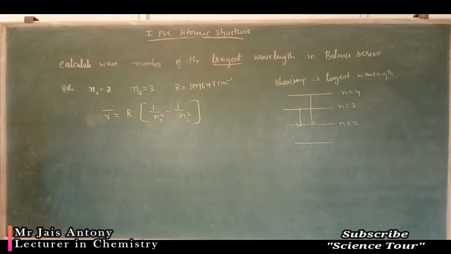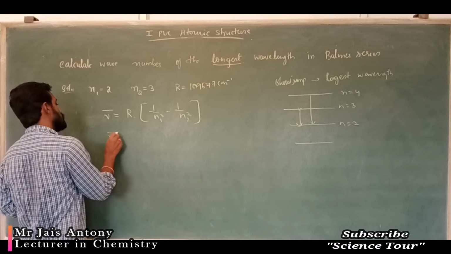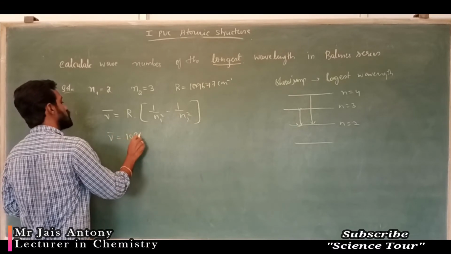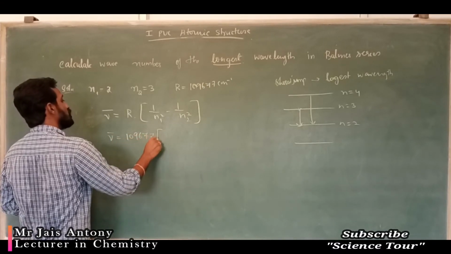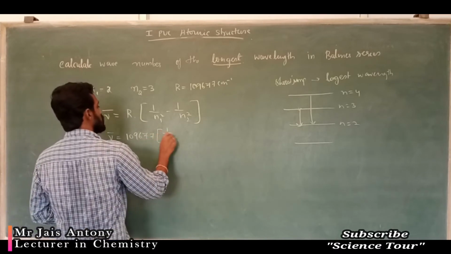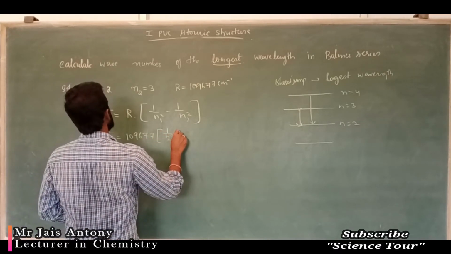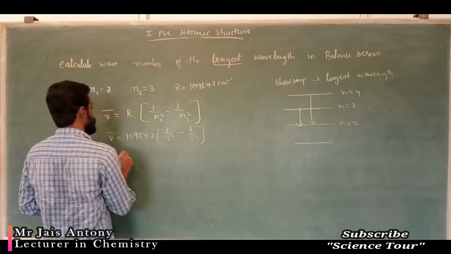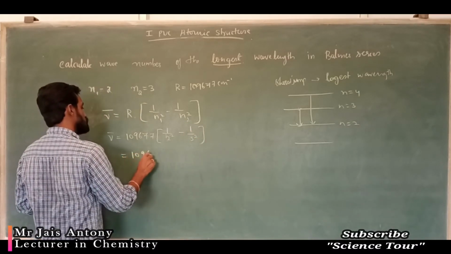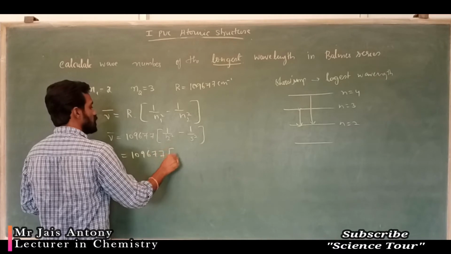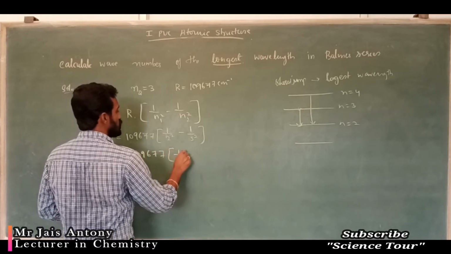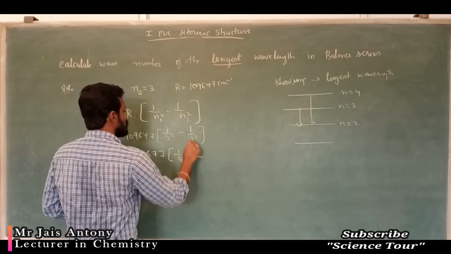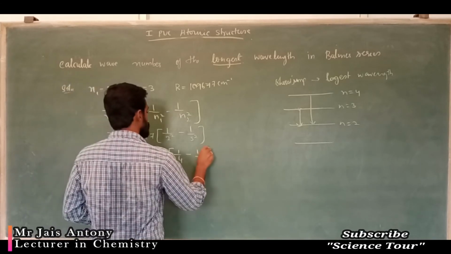Here wave number is equal to 109677 into 1 by 2 square minus 1 by 3 square. By solving this, 1 by 4 minus 1 by 9 gives